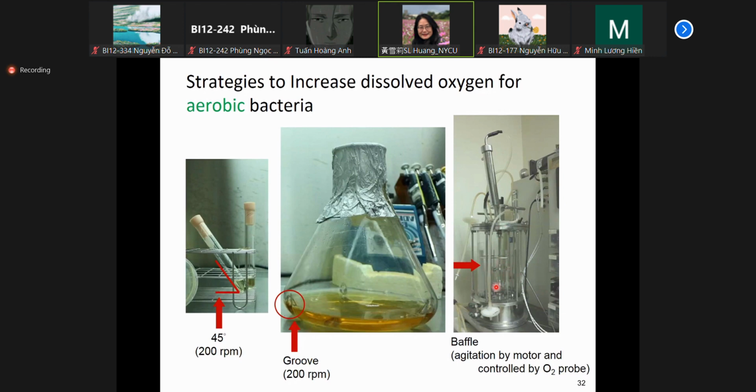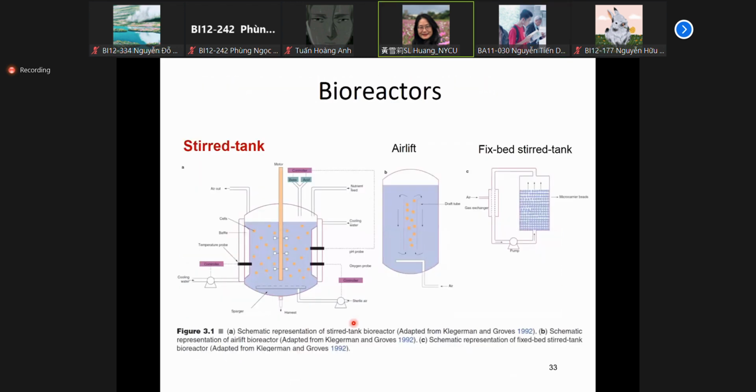When the agitator spins, it will mix the growth suspension inside the tank. Those baffles will help to mix and also to increase the dissolved oxygen in the culture. Of course, there's an oxygen probe to monitor the oxygen concentration in the culture. As for the bioreactor used to scale up further